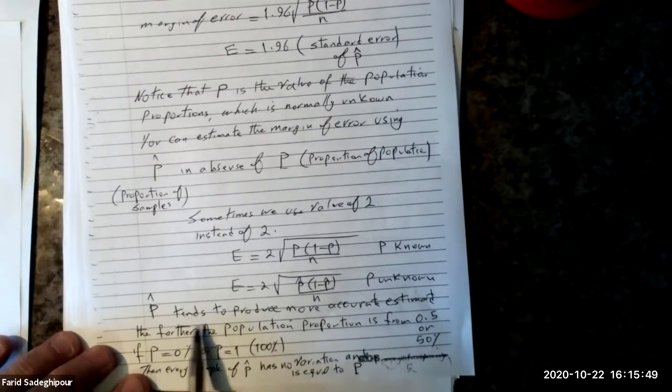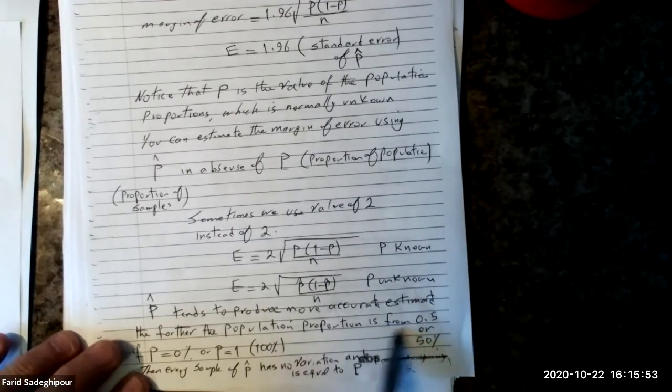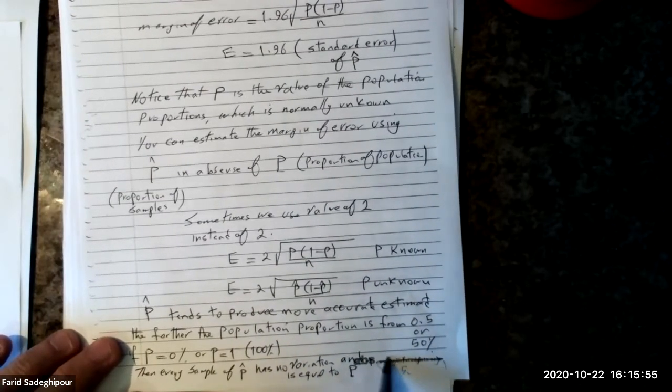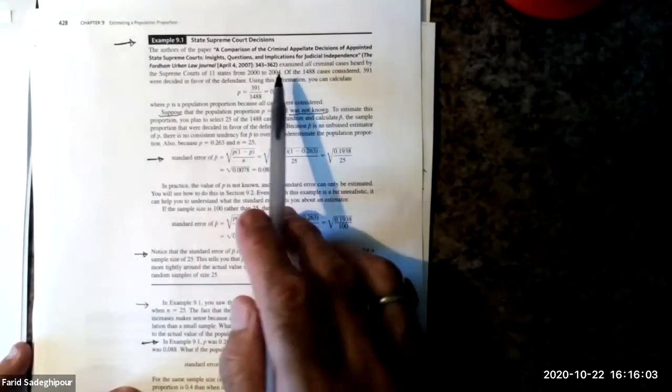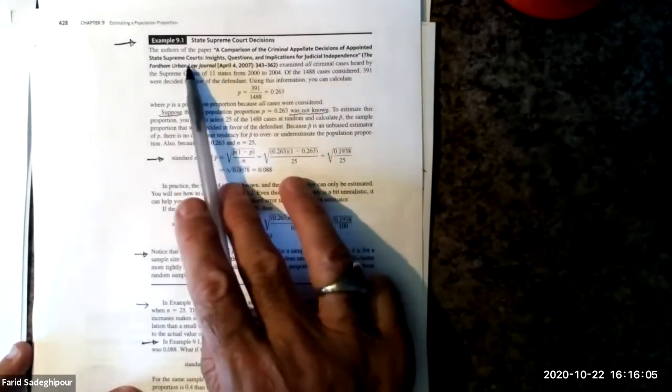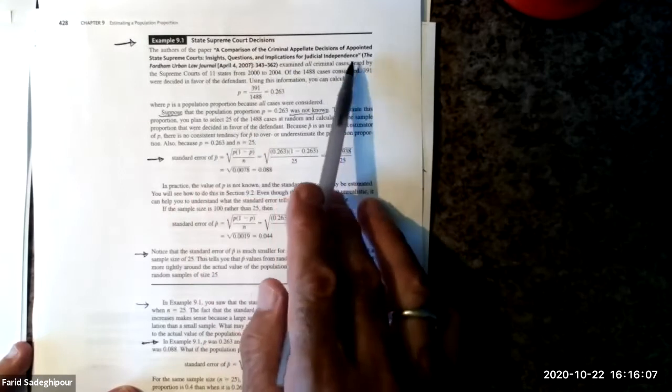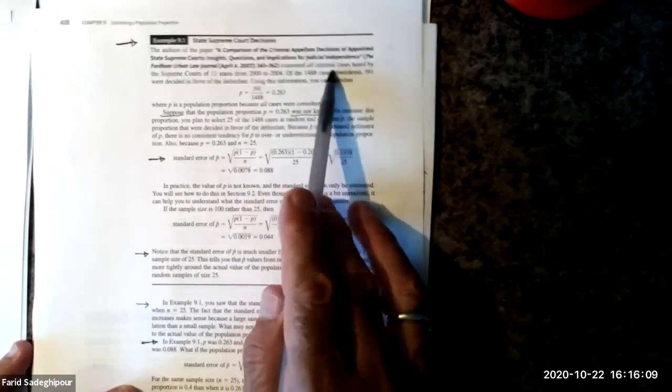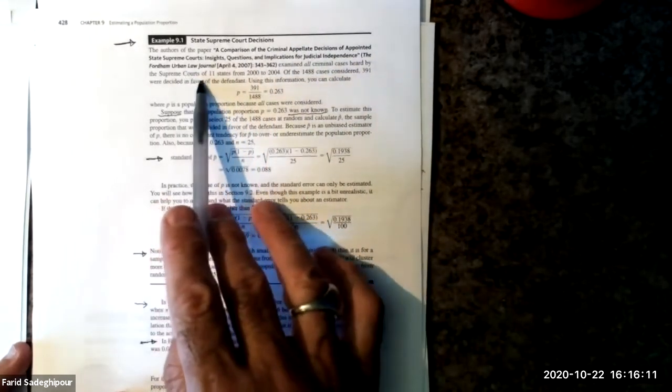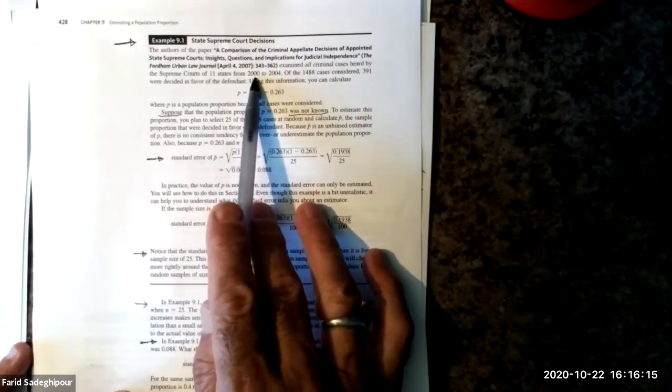Sample p hat tends to produce a more accurate estimate if you are further from 0.5, if you get to the other side, okay? Now this is a good example here. The author of the paper estimated all criminal cases heard by the Supreme Court. And in 11 states, they figured that from 2000 to 2004,